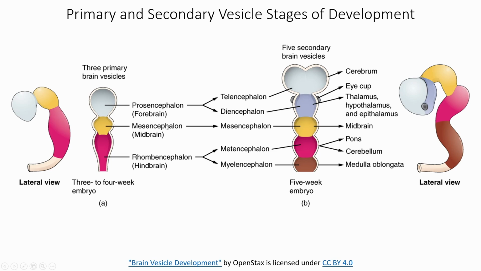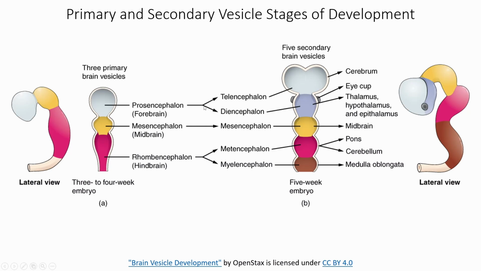So this is what we're looking at, right? So here's what the brain looks like originally, right? It's not a whole lot to look at, right? So we just see these little swellings. And so we see the forebrain, the midbrain, the hindbrain, right? This is at like 3 to 4 weeks, right? A person probably doesn't even know they're pregnant at this point. And then that forebrain is going to